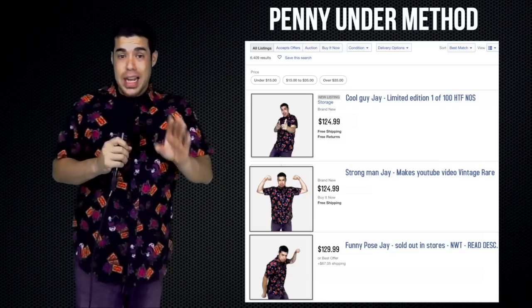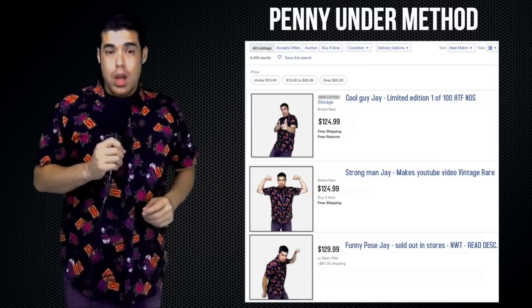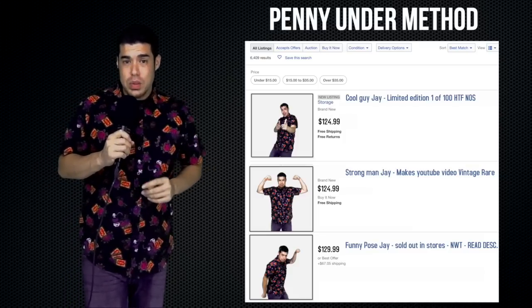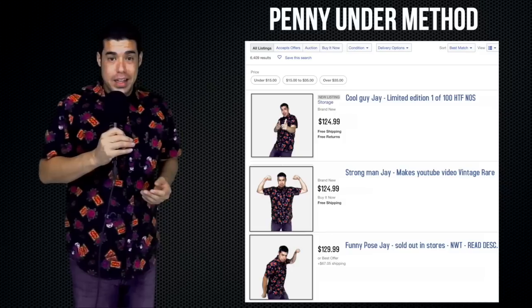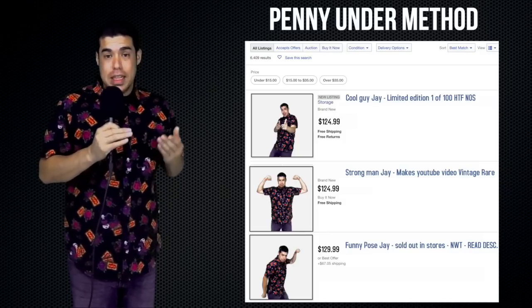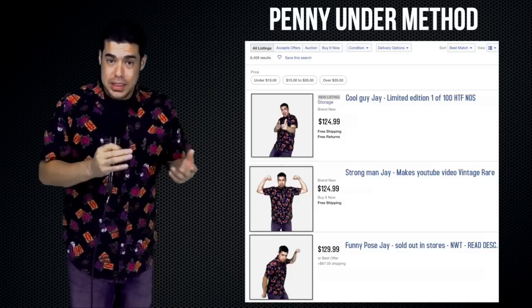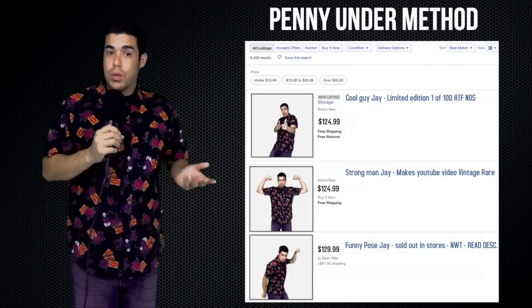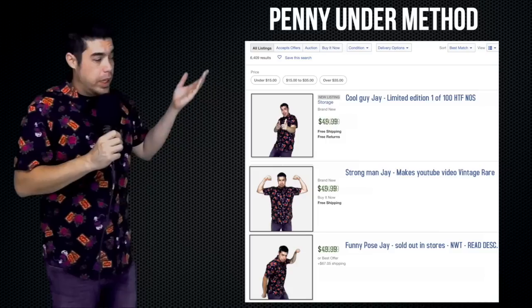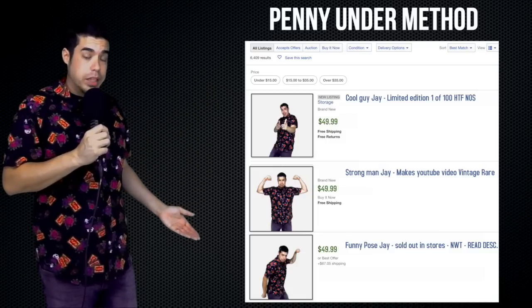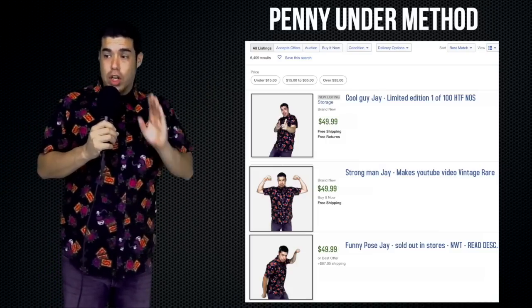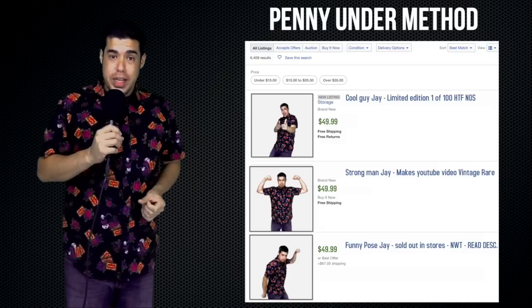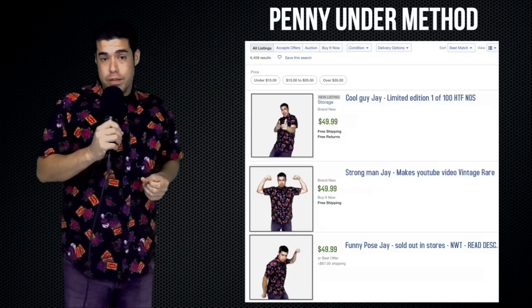But there's a second half to this equation as well. We want to ensure that Jay is going to sell. So we're going to look back at historical data and see, has he been selling frequently, and has he been selling for the price that we're looking for? If we go back and we can see that every example that we have for him being sold is at $50 a piece, we know with the right mind, we're not going to be getting that accelerated $125 price point